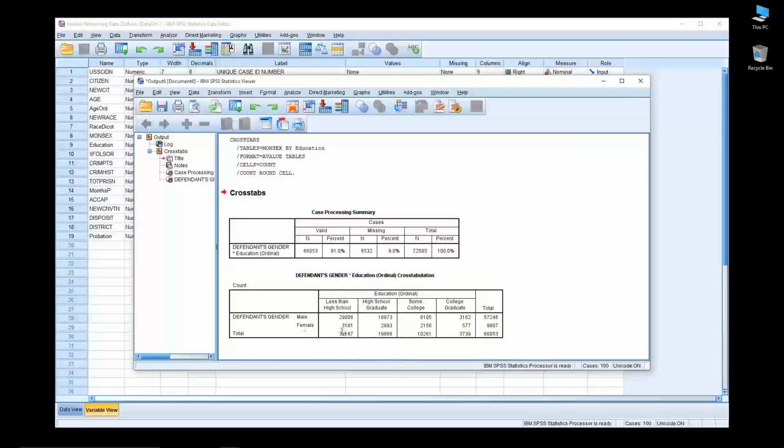For females, we can see the same information, but notice the numbers are much fewer for women. In this situation, we only have 8,807 women who have both data on gender and on education. And once again, our totals, adding up men and women, match 66,053 cases right there. Now the question becomes,